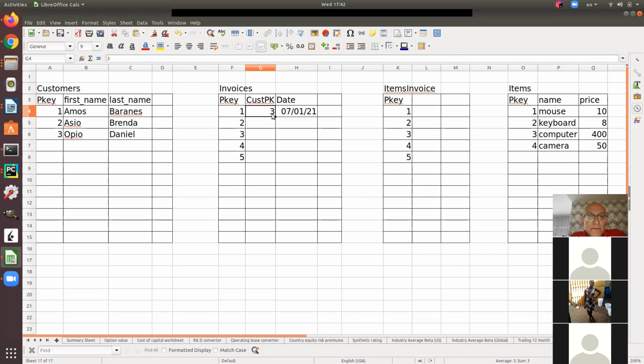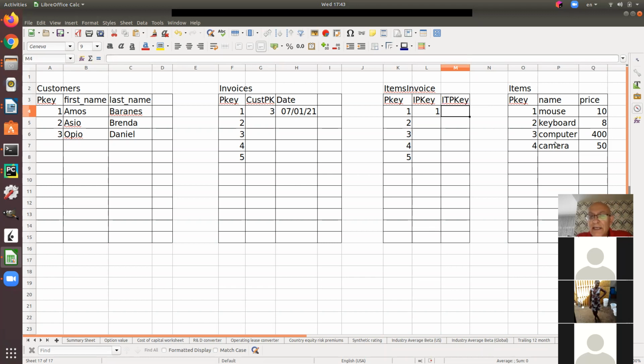So what did Daniel buy? Daniel is customer number 3, but his invoice number is number 1. By the way, here I will write the invoice, or primary key of invoice. And here I will write that invoice number 1, which happened to belong to Daniel, customer number 3, Daniel has purchased, and let's put here item. I will do ITPK just to distinguish from invoice. That's for the item. What did Daniel buy? Let's say Daniel bought a computer. So he purchased number 3 in here. He purchased number 3 item. And number 3 is